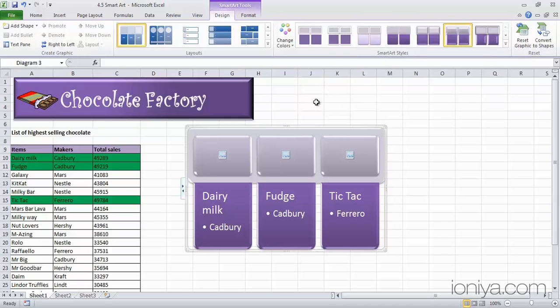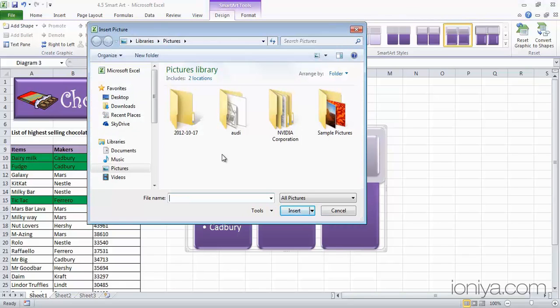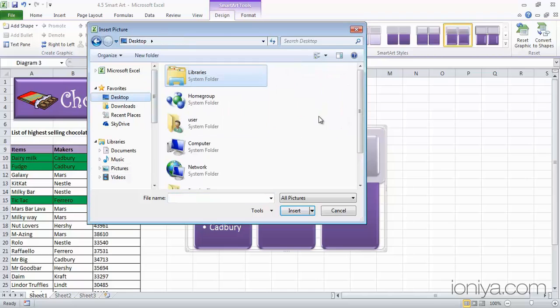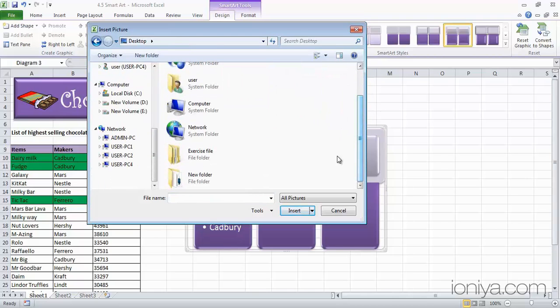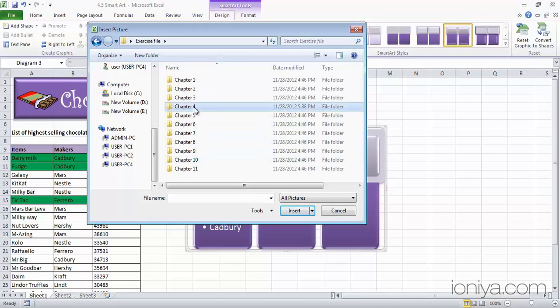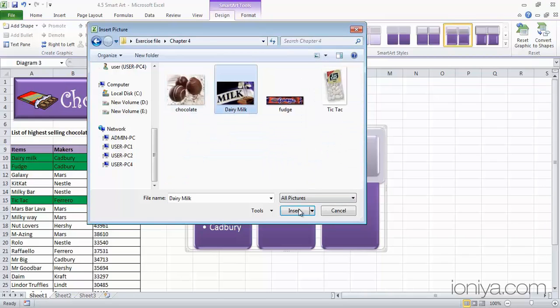You can see these 3 boxes on the top. This allows us to add a picture. Click on the picture thumbnail. The Insert Picture dialog box opens. Click on Desktop. Scroll down. Click on Exercise File. From the Chapter 4 folder, click on the Dairy Milk image to select it and click the